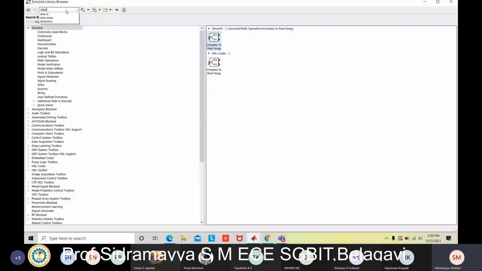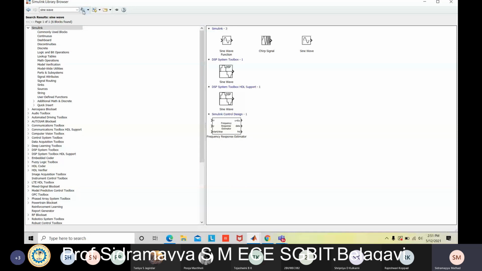Next we need a cos wave. What I am doing here is taking sine wave once again, but I will change the phase shift. There is a 90-degree phase between sine wave and cos wave. So I copied sine wave two times, but we need one cos wave. You can change the phase, a 90-degree phase shift between sine wave and cos wave.